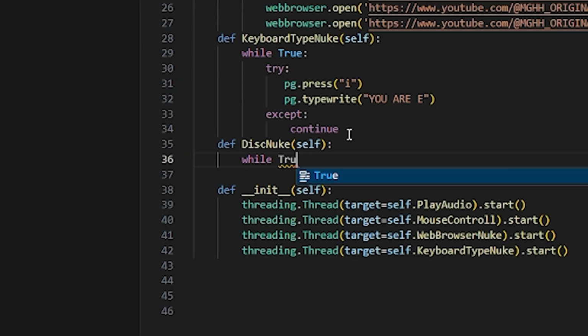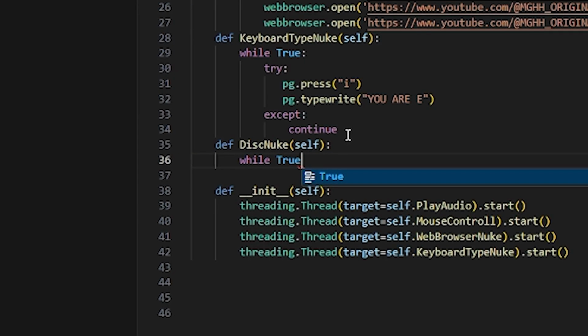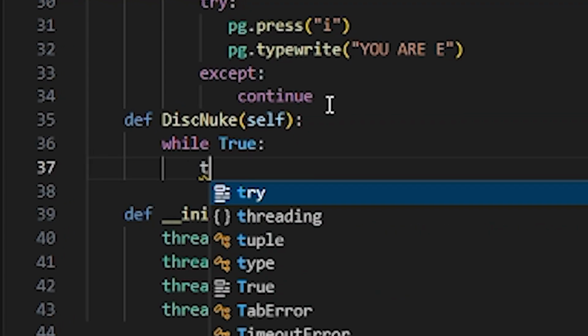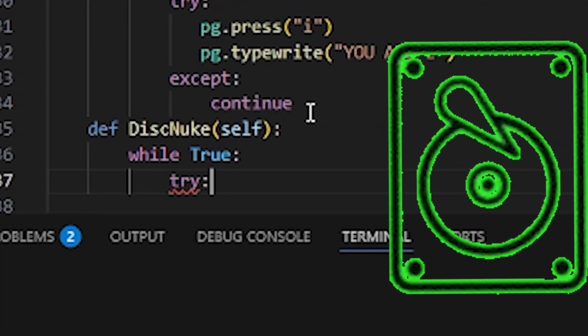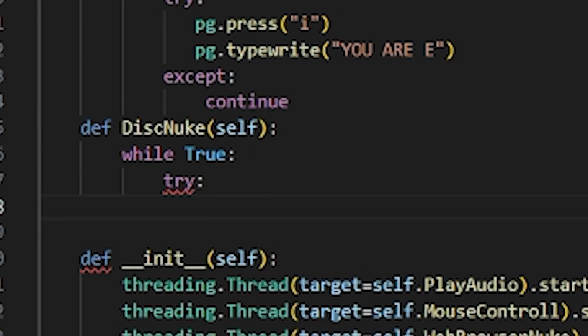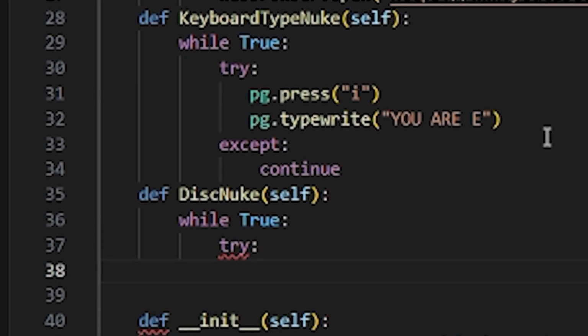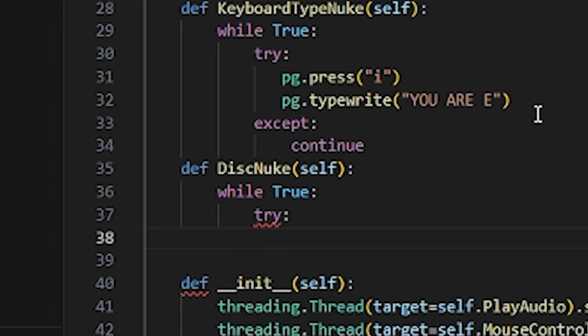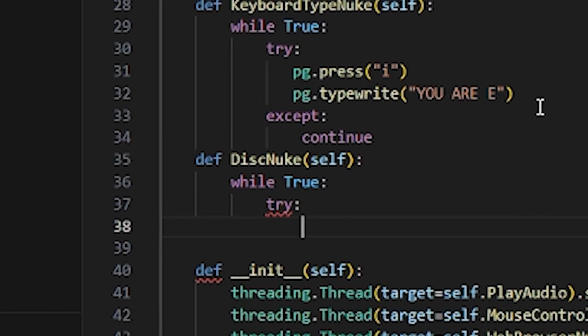We're going to while true, and we are going to make it so it continuously opens the disk, and this will be like our main loop. This will be the main loop of it all. Maybe. And so how we're gonna do this is we're gonna make it so it keeps creating files, so like